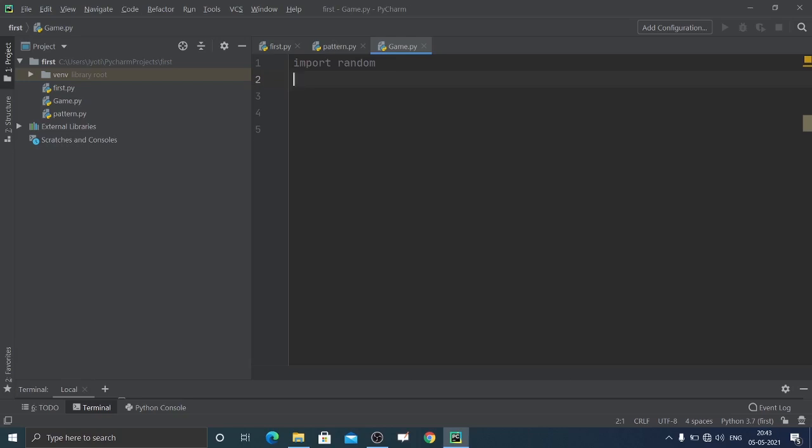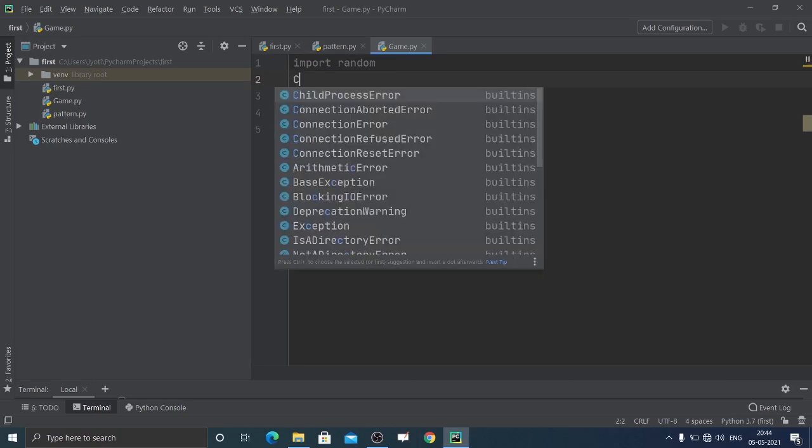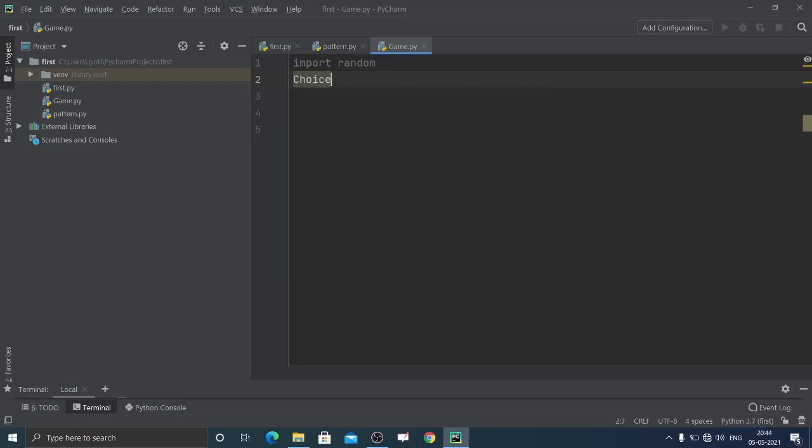Now I need to specify that range, or the list of values from which this module will choose the random value. Let's call it choice.